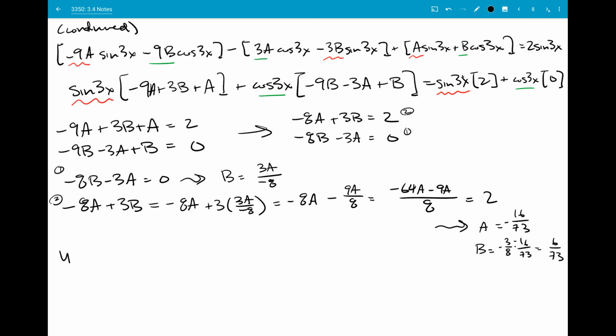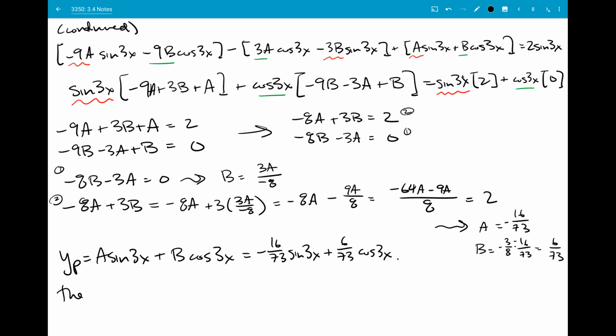Okay, so my y sub p was a sine 3x plus b cosine 3x. But now I know what a and b are. It's minus 16 over 73 sine 3x plus 6 over 73 cosine 3x. And the general solution, where I would have y equal to c1 y1 plus c2 y2 plus y sub p, is just going to be y equal to c1